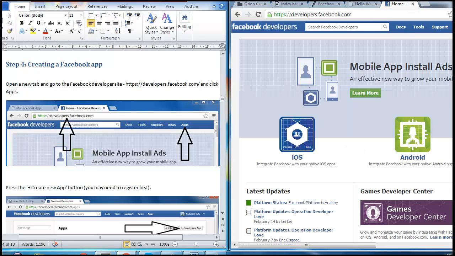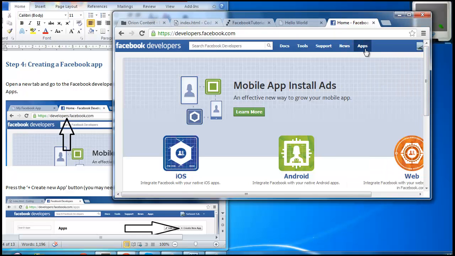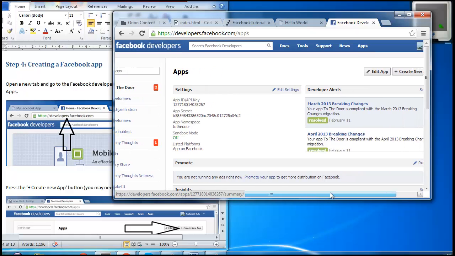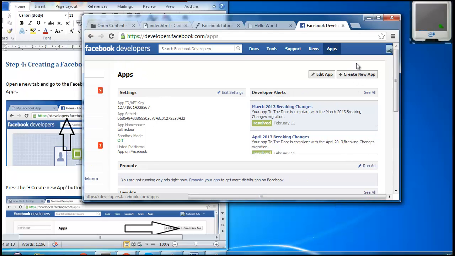Once on this page, I am then going to click the apps button at the top of the screen. If you have registered as a Facebook developer, you should see a create new app button. If you haven't, then you might see a slightly different button. If you just click that, it should send you through to registering as a developer, and then you'll come back